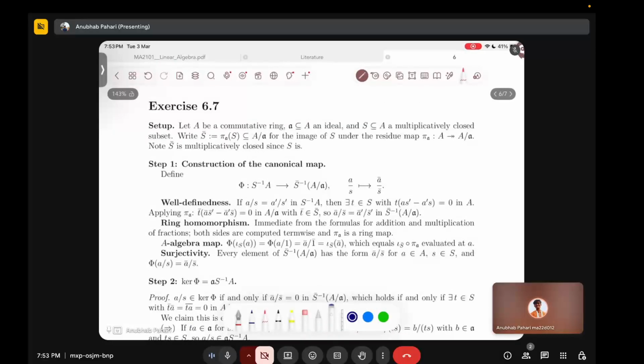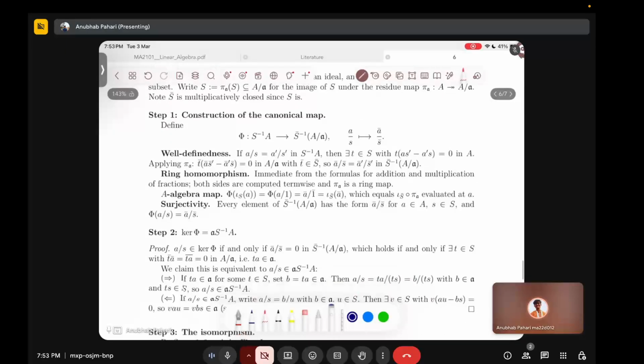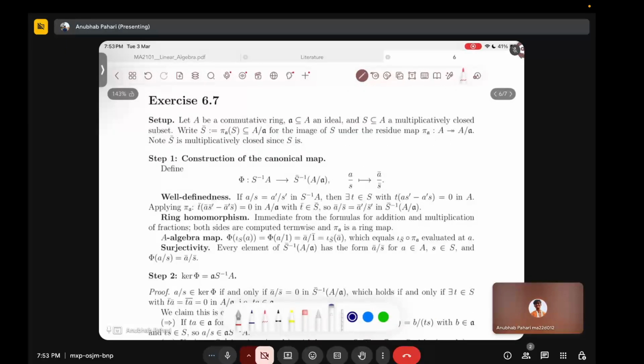Now for the next question, let A be a commutative ring, small a an ideal of A, and S a multiplicatively closed subset of A. Write S bar as pi_a of S, which belongs to A/a, for the image of S under the residue map pi_a from A to A/a, and note that S bar is multiplicatively closed since S is. We have to construct the canonical map. We can define phi from S inverse A to S bar inverse (A/a) by a/s goes to a mod a over s mod a. And for the well-definedness part, you can see that